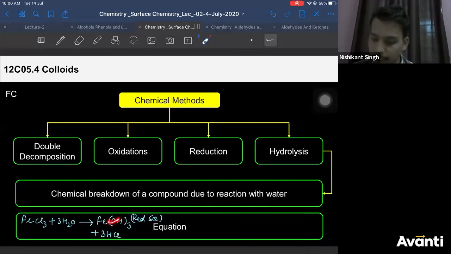So this ferric hydroxide you'll get. Ferric hydroxide is a red color colloidal sol. I don't know whether you have done it or not. It is there in your group 3 cations, Fe3 plus, Cr3 plus, and Al3 plus in your salt analysis. Okay? Group 3 cation. So you'll get red color ferric hydroxide particles, and they will be in which range? They will be in colloidal range, that is 1 nanometer to 1000 nanometer.